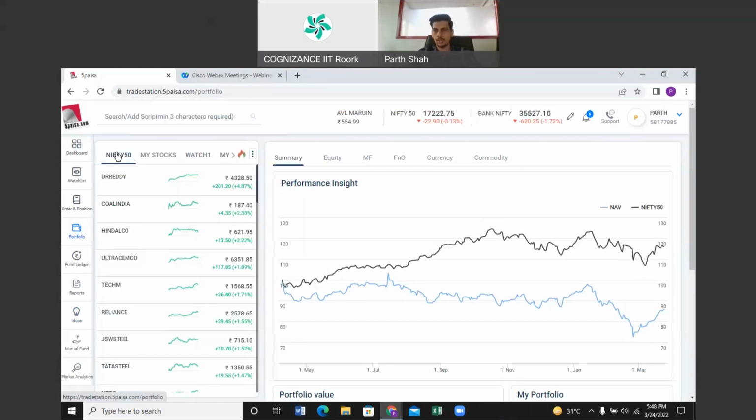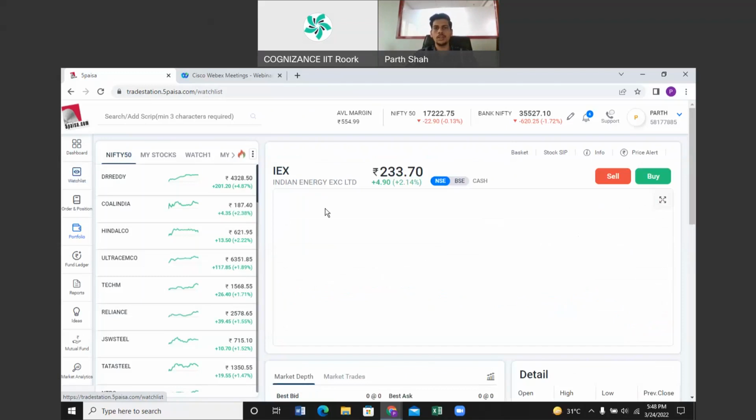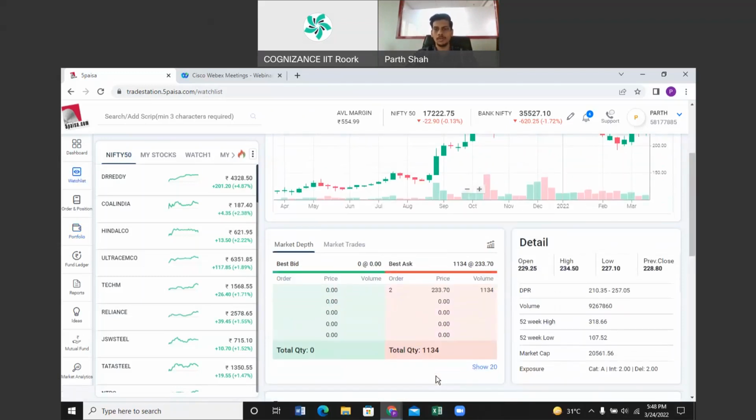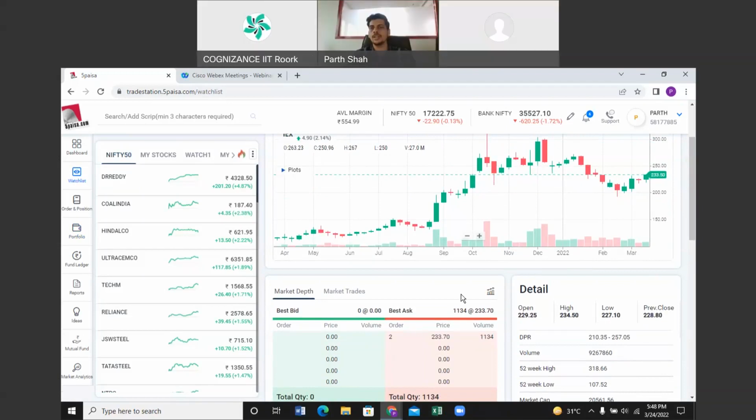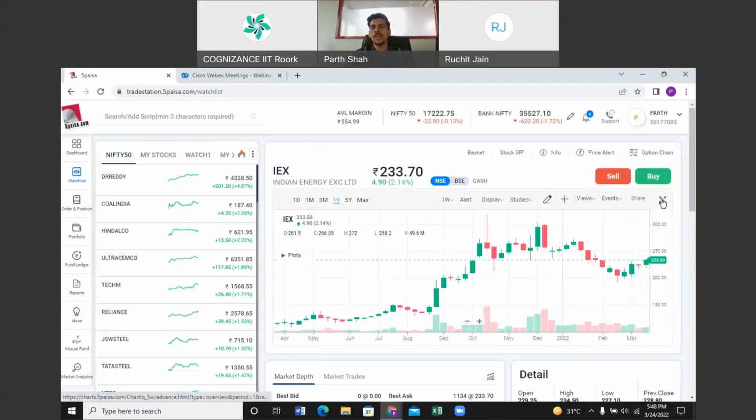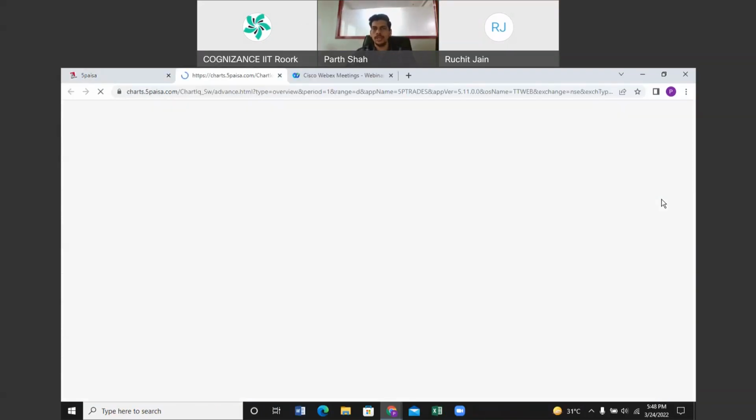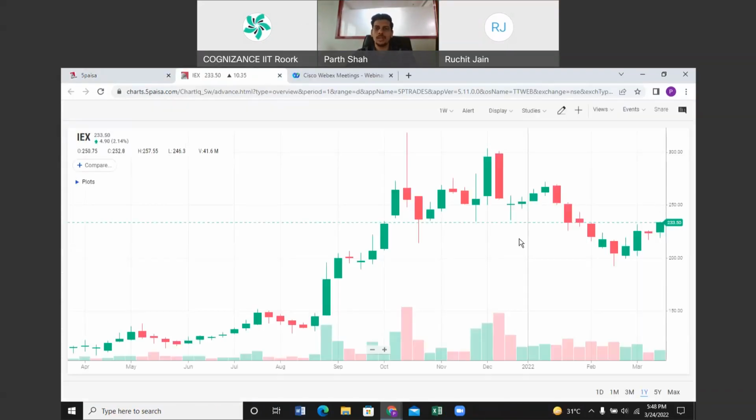I always use the desktop or web trading application because it is quicker for performing trades, and you have a comprehensive view. You can see many things at one particular place, like one, two, three things, while on the mobile screen you have to see one single thing on one particular page. You cannot see multiple things at one time, right? So that's the reason. These are the charts where you can analyze.